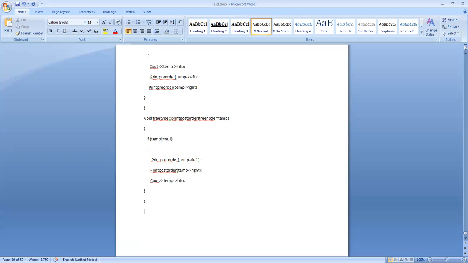Now we go for the main method. Okay, main. Tree type is the class name. I create an object tree.